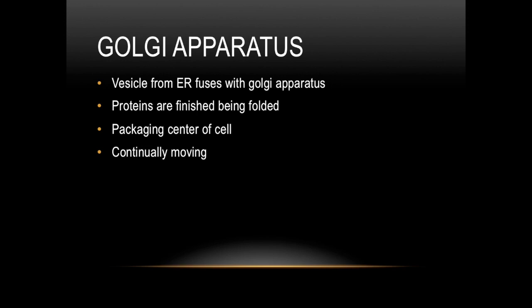That layer is going to get pushed down as more vesicles come in and fuse. And as it gets pushed down, pushed down, pushed down, those proteins inside get polished and packaged and folded up into their perfect shape. And so by the time they get down towards the bottom, they're ready for,